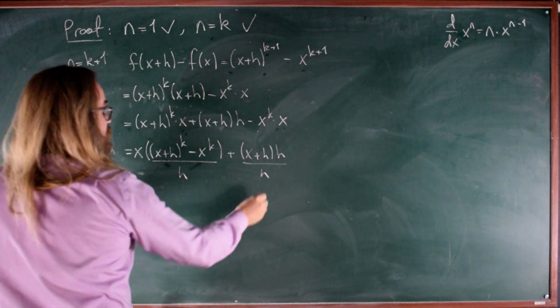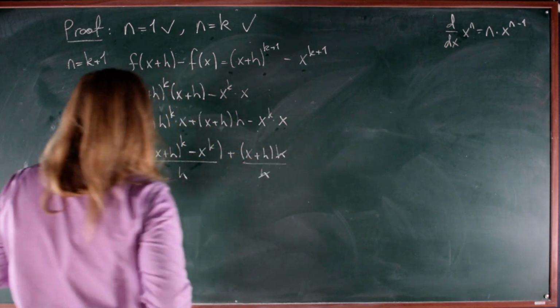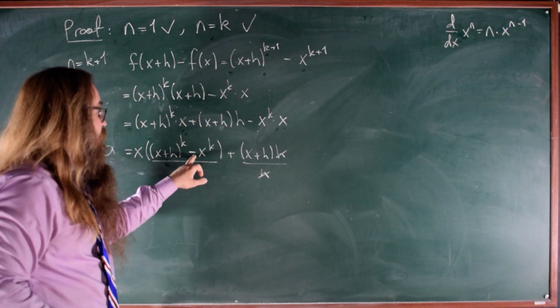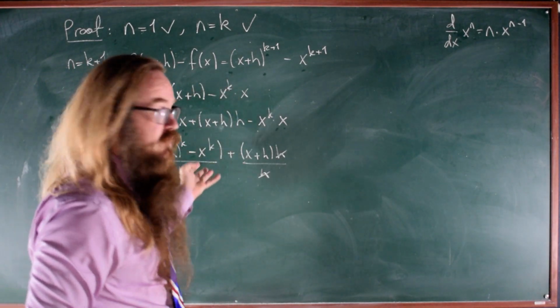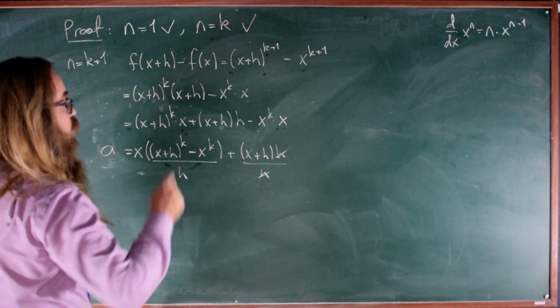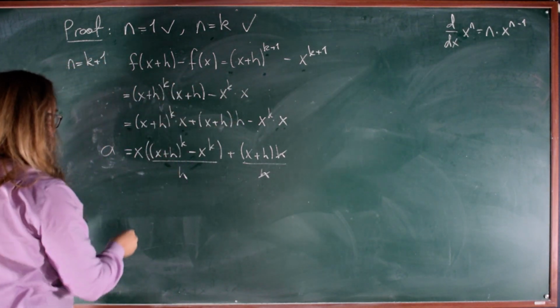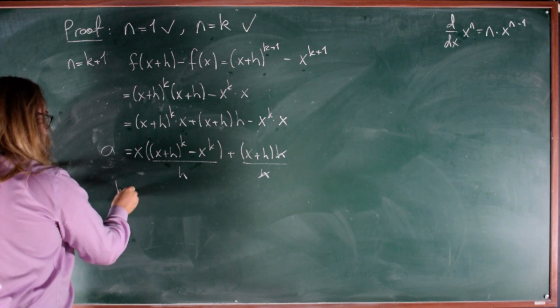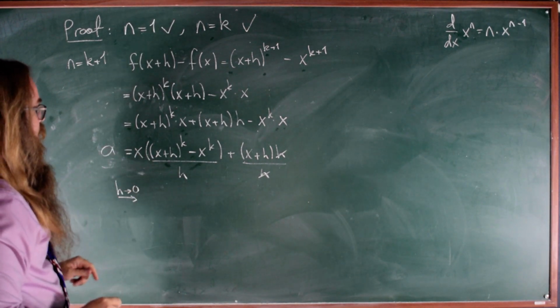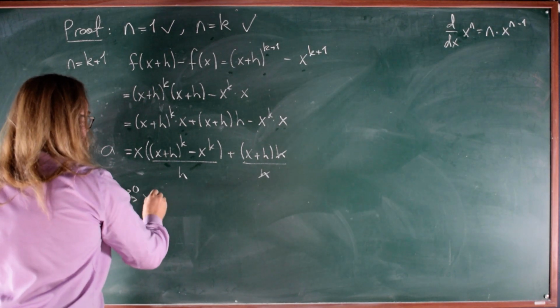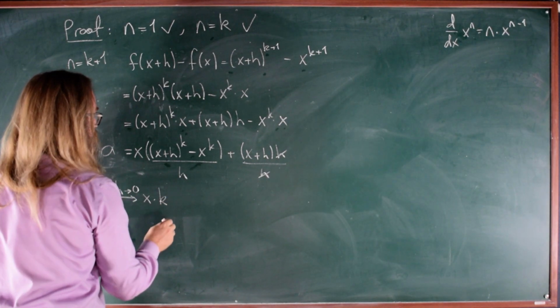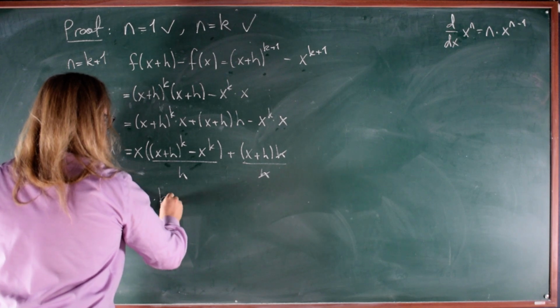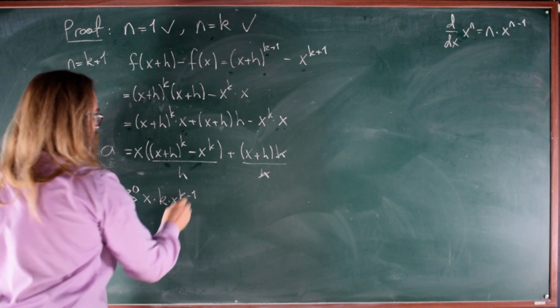All right. What happens here is these h's just cancel, and what we get here is this again as the secant slope for the previous case. But we assumed that was true. We assumed this formula was true for the previous case. So what happens here is that as h goes to 0, this goes simply to x times k times x to the k minus 1